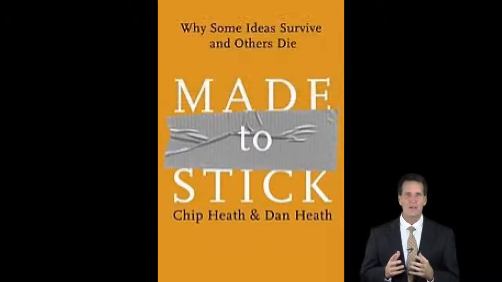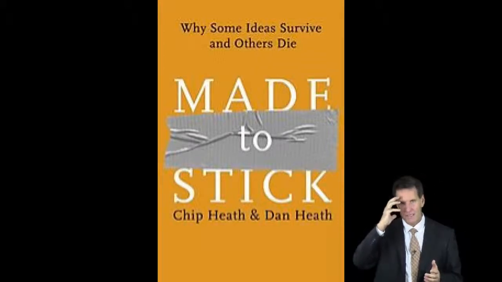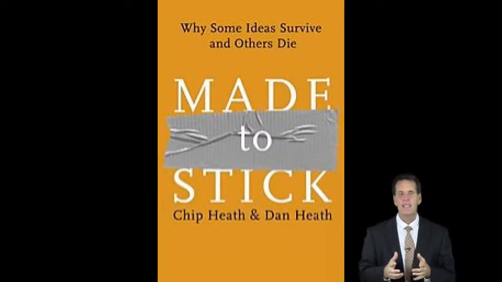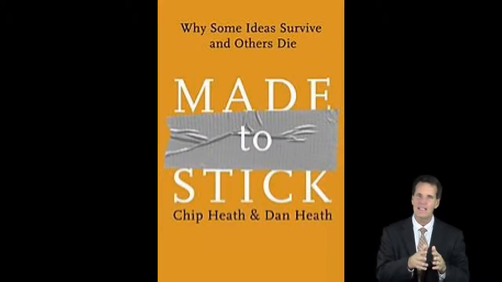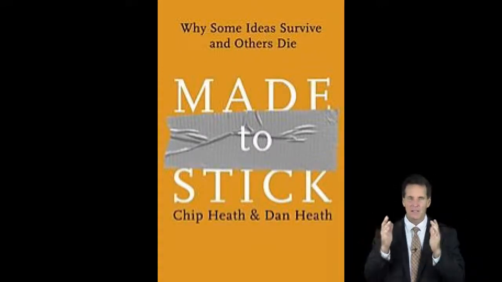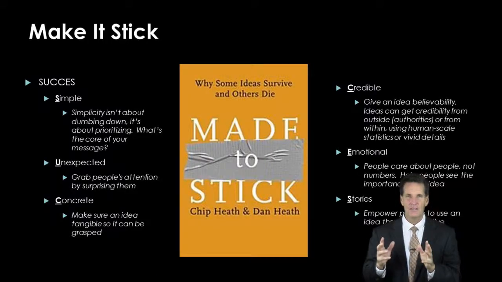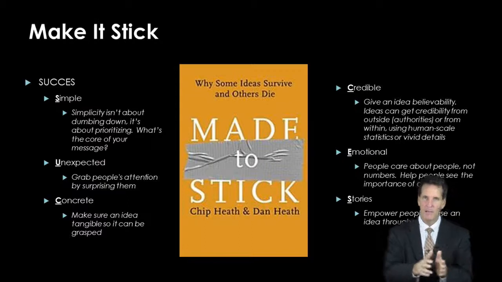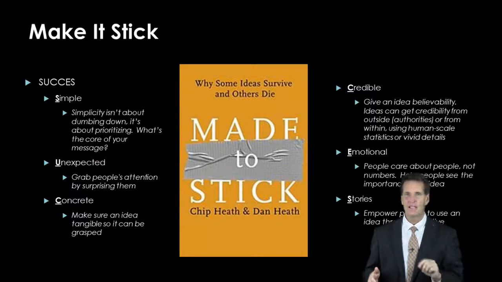The book Made to Stick also offers some invaluable insights. Part of what you want to do is create content and marketing that really sticks with people, that is something they can really remember. Two brothers, Chip Heath and Dan Heath, did considerable research trying to understand why some ideas survive and most die. As they looked at the variables out there, they said there are 6 variables that are most important. And they created an acronym to help us remember these key 6 factors. Again, these are important for us to keep in mind as we develop both our product and our marketing material. The acronym is SUCCESS, and the first letter is an S,